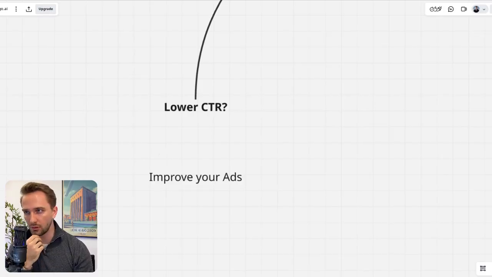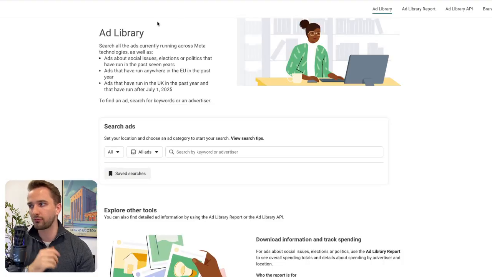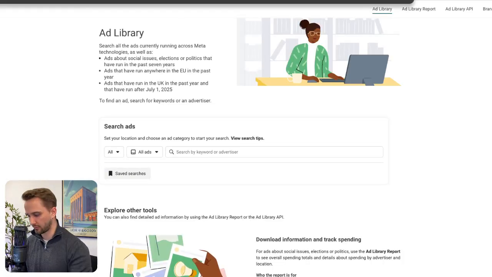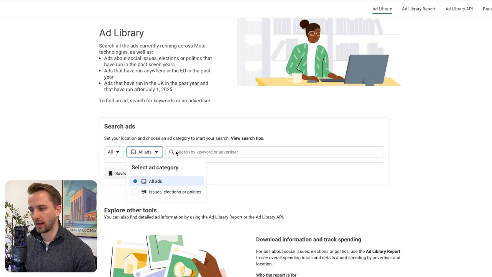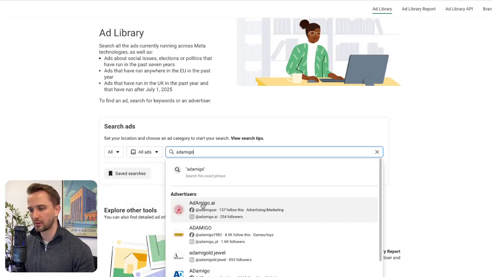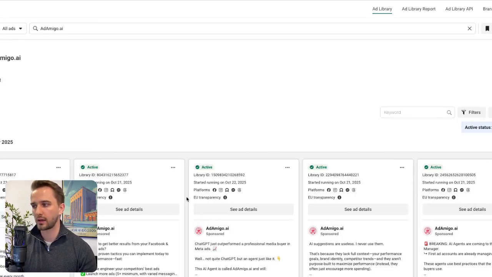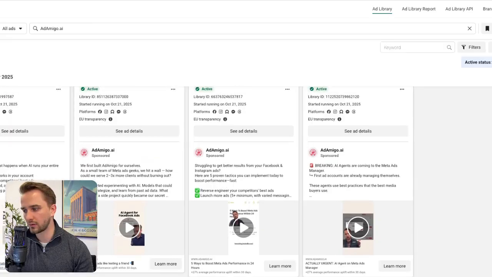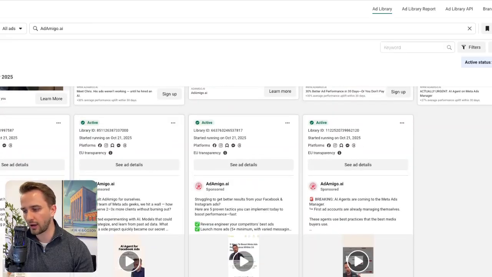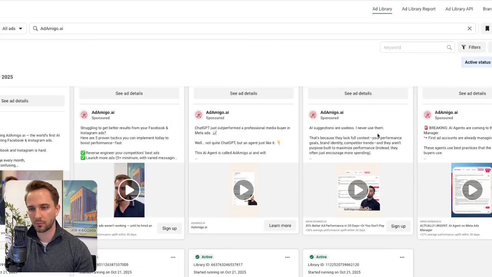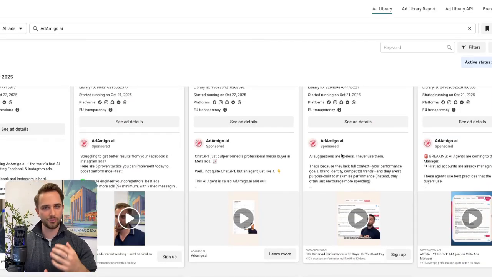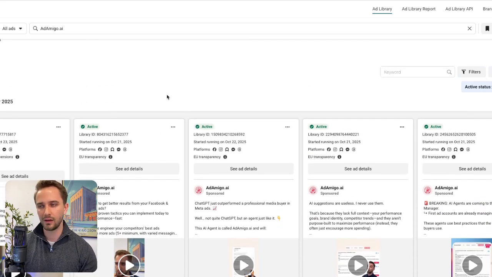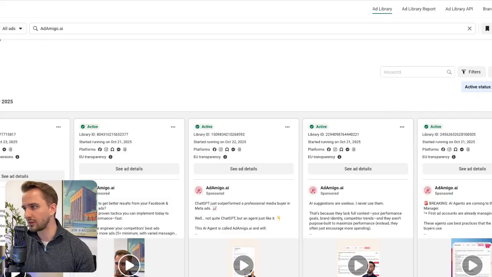One more thing you can do is you can head on over to what's called the Facebook Ads Library. Then make sure you select all countries, all ads, and then you can choose a business you want to investigate. So let's take our business, AdAmigo AI, and then you can see all the ads that these guys are running, right? And you can see a lot of video ads, just a little image ads, and you can see which ads I'm running in here. And so you can get inspired by that, right? Find your favorite brands and get inspired by their ads, and you can boost your CTR that way.